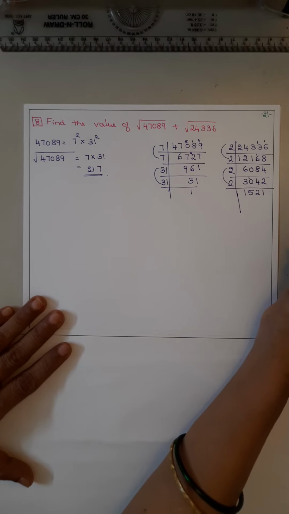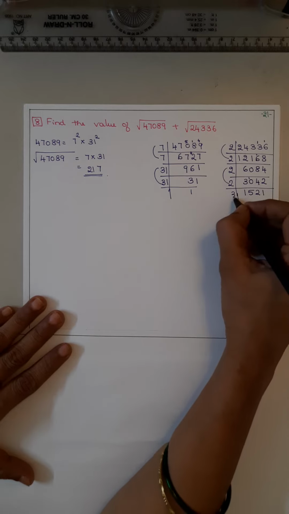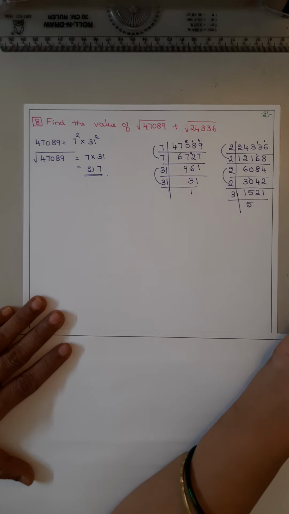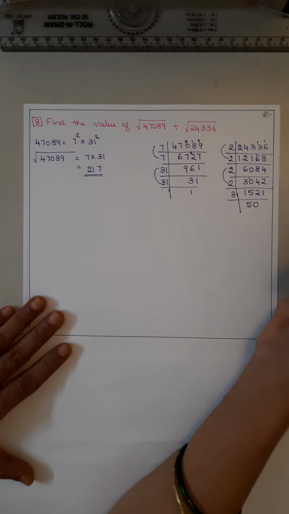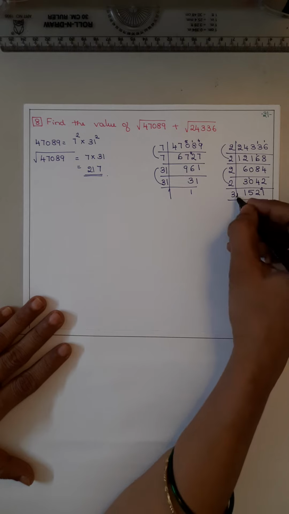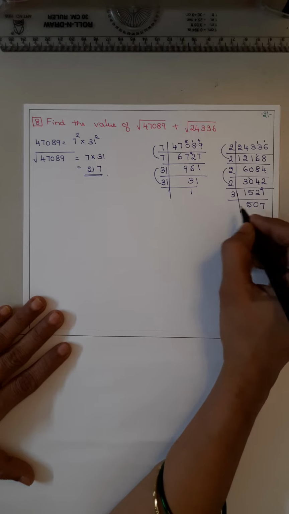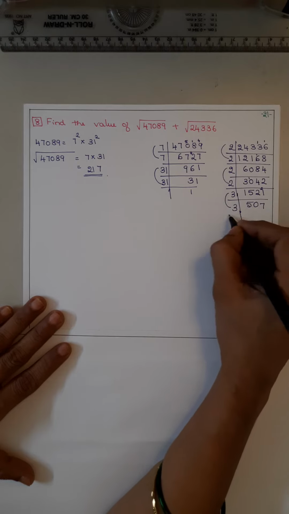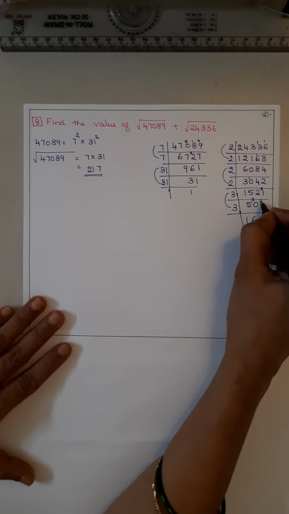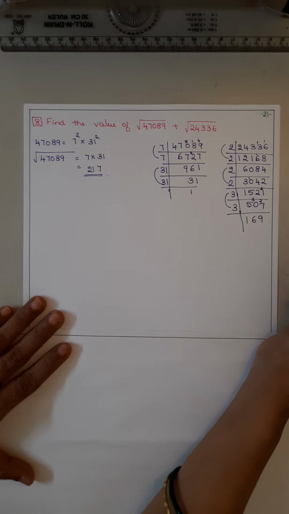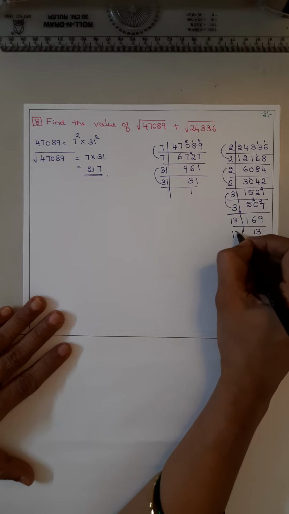Now not with 2, with 3, yes. 7, 8, 9. 3. 3 5s are 15. Now 2, no, not possible. Put 0. Take 2 to the next step. So 3 7s are 21. Now 5, 10, 12. Yes, 3 1s are 3. 2 remains. 6 are 18. 2 remains. 9s are 27. Now 169 you know. It is 13, 13 13s are 169.